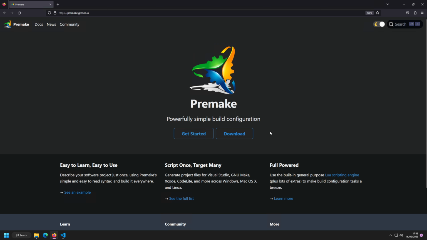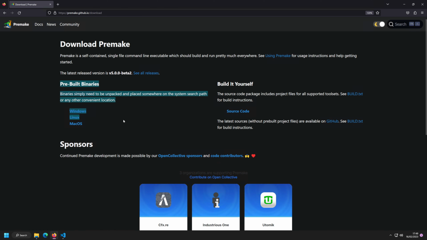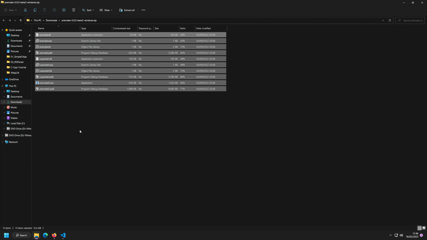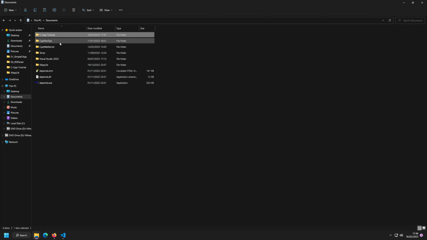All right, so what we want to do is download premake. I'm going to click on download premake, which is going to give me pre-built binaries, which is what we want to look for. And now you can select which platform you are on. I'm currently on Windows, so I actually want to download that one. It's going to download a zip file, and if I open this up, we have a hell of a lot of files in here, but we just care about premake5.exe, so we can copy premake5.exe, go back to my documents,